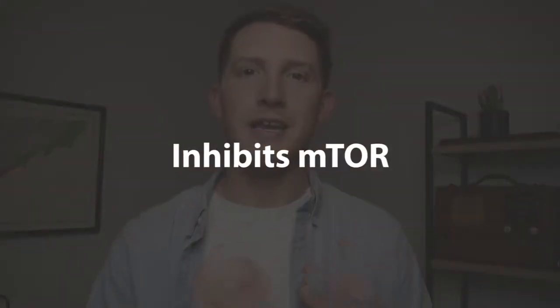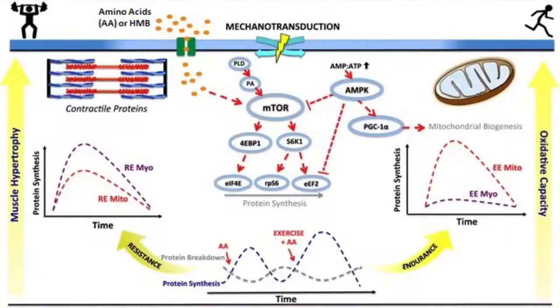Now, the first side effect of curcumin that I wouldn't even necessarily call a side effect, but it is something to keep in mind, is that it actually inhibits mTOR, which is a metabolic pathway in your body that actually causes muscle growth. Now, by suppressing mTOR, there's actually a theory out there right now that you can actually increase lifespan, which is why when I say that it's a side effect, I say that with a grain of salt,